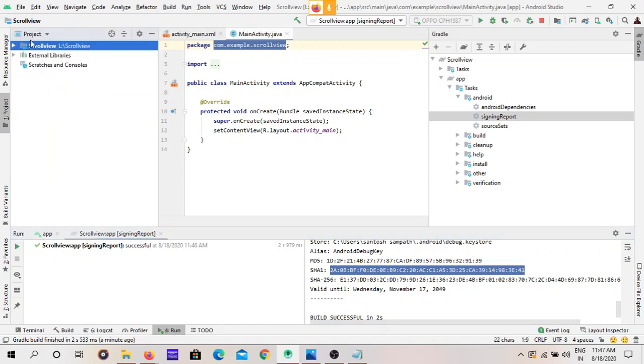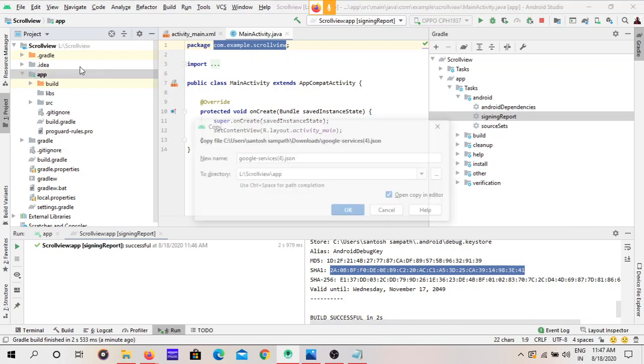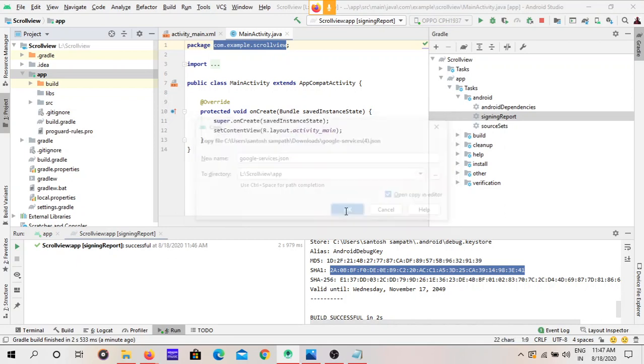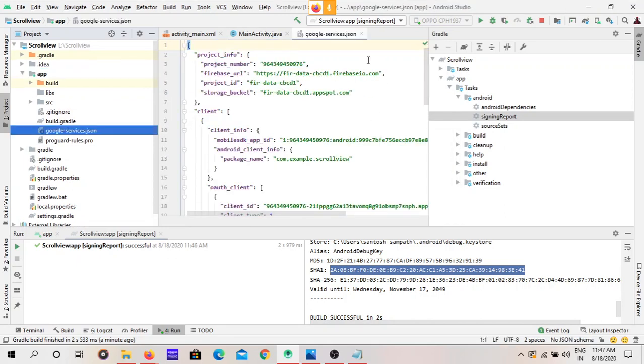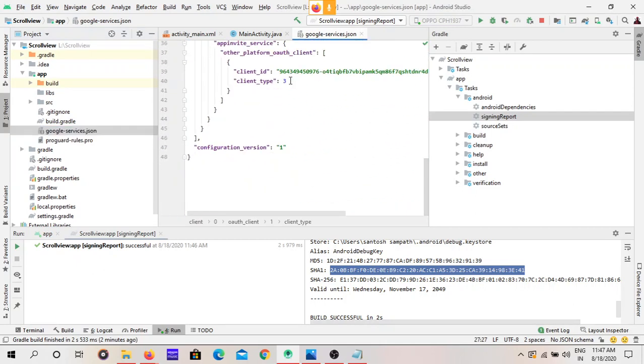See, this is our project. Open the scroll view project, go to app. Here in the app folder you have to paste the google-services JSON file. Paste it here. You can right click or select this and press Ctrl V. Yeah, save the JSON file like this. Okay, save that one. Yeah, this is the JSON file Google will provide you.